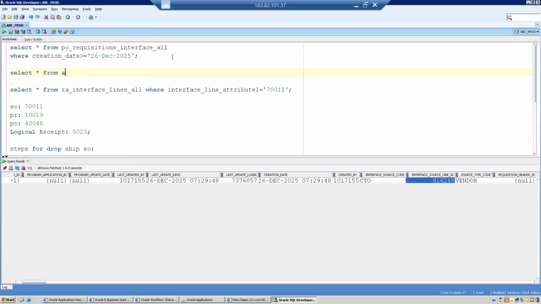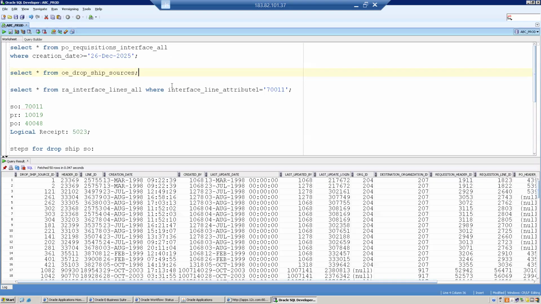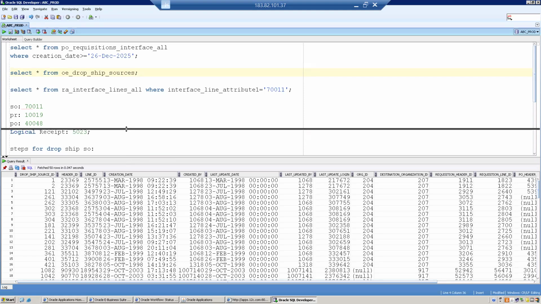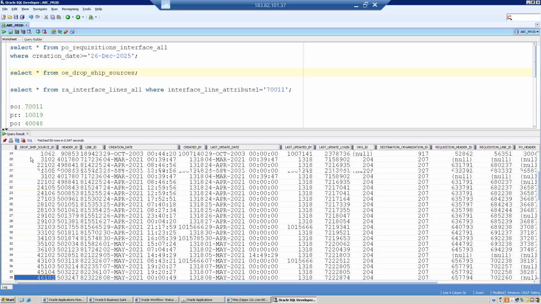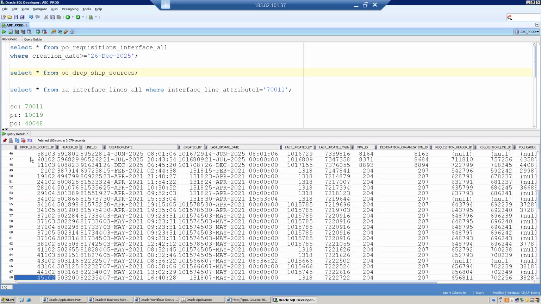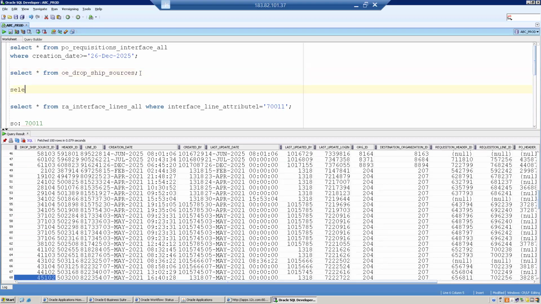The table name is OE_DROP_SHIP_SOURCES. In this table you will have a drop ship source ID, and that drop ship source ID is the one displayed in the requisition interface table. So for the drop ship order we just created,